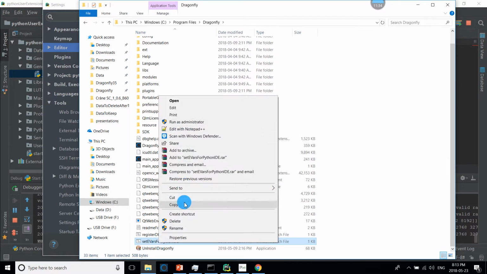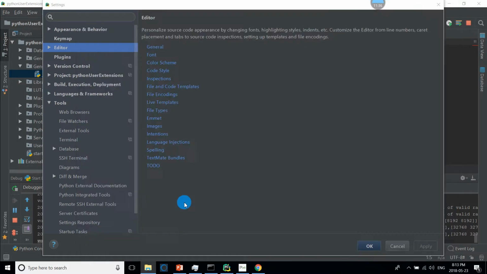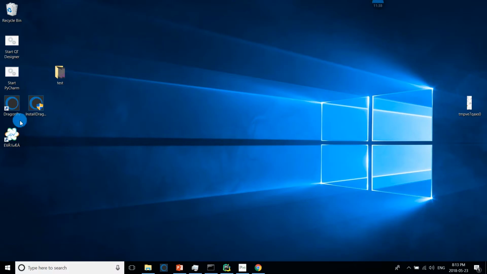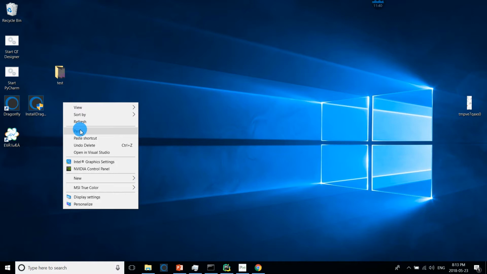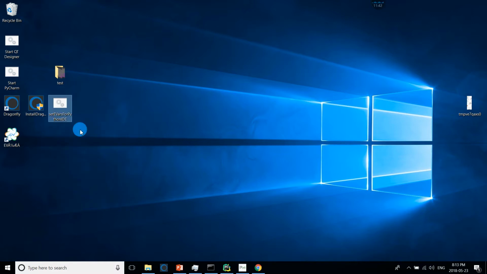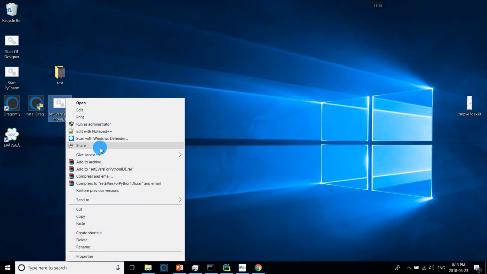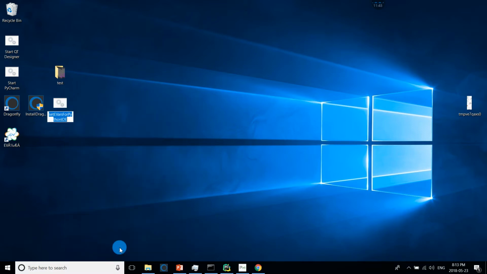If you open File Explorer and go to where you installed Dragonfly, on this computer it's on the C drive, in Program Files, Dragonfly. Everyone is in this folder. Here, there's a set evars for Python IDE.